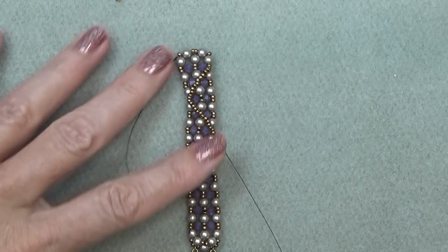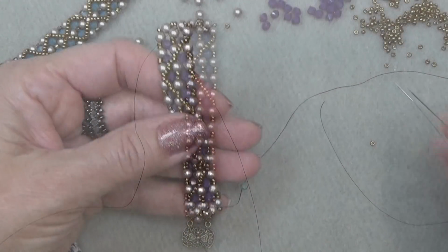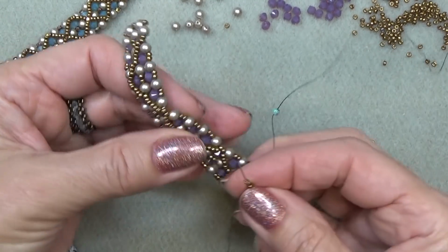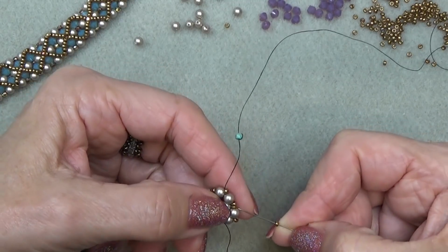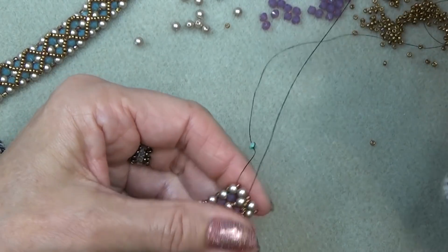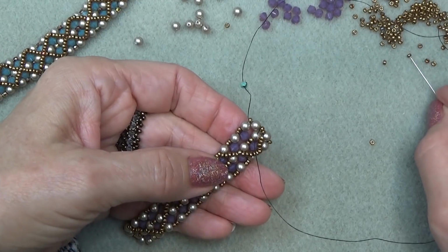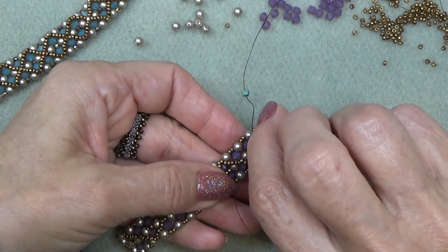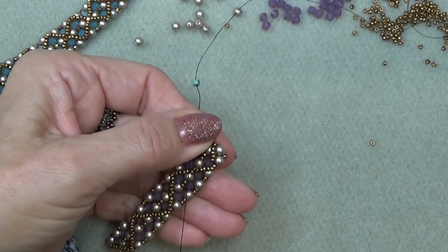All right, so you're just going to do that all the way to the end, and then meet me back here and we'll continue. Down to the end. So I'm going to pick up 4, and I'm just going to hold my piece this way. So I want to sew through these 2 end 11/0s, or the 2mm, whichever's there. Make sure they pop into place like that, and then we're going to go back, pick up 4, sew through these 2, like that,